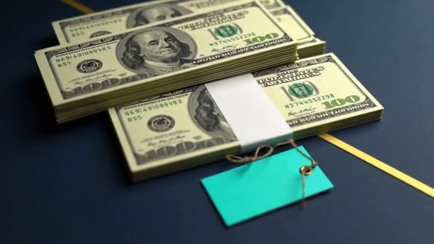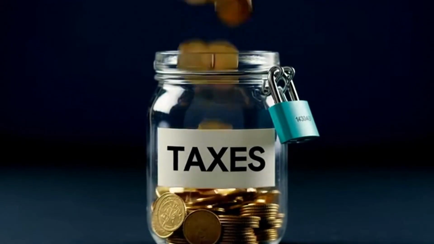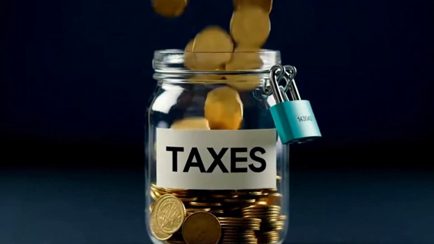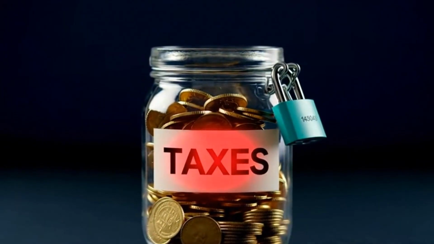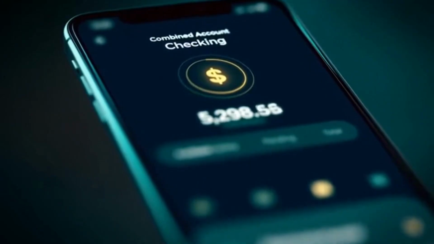Action 2, pay taxes first. Look at all income that came in since last Friday. Set aside a percentage into taxes. A safe starting range for many small businesses is 20% to 30% of profit. If you don't know your profit yet, use a temporary rule: 15 to 20% of revenue until you have better